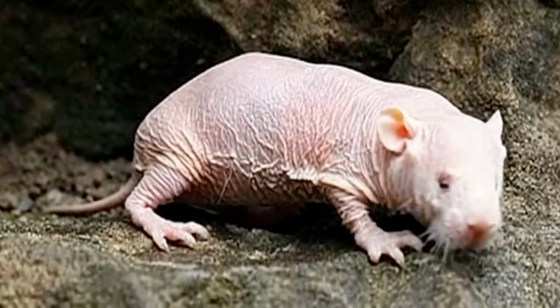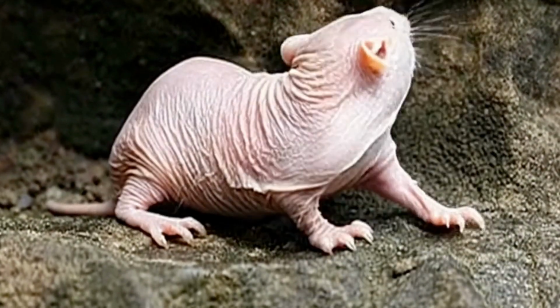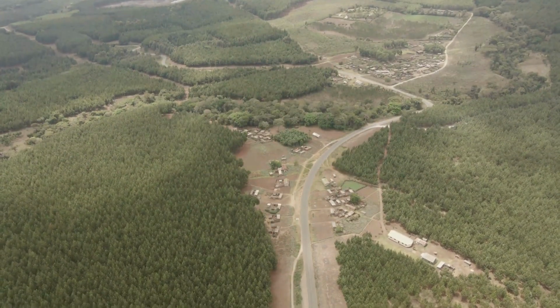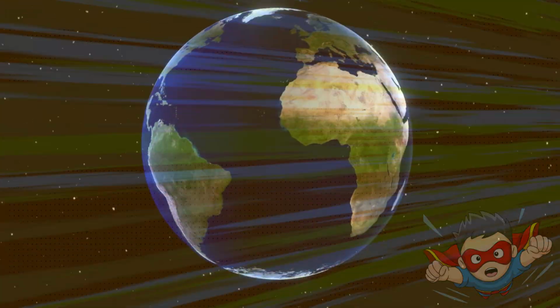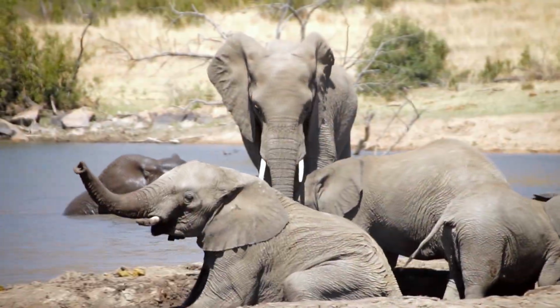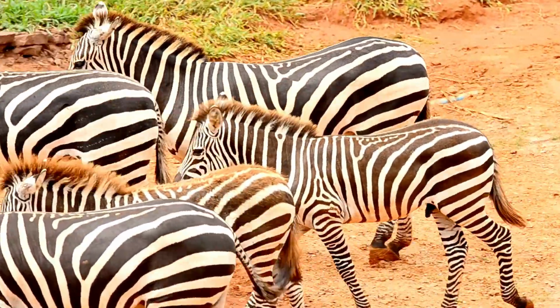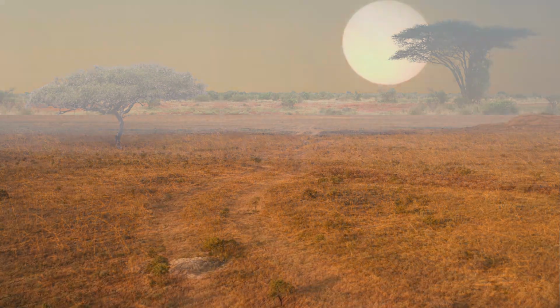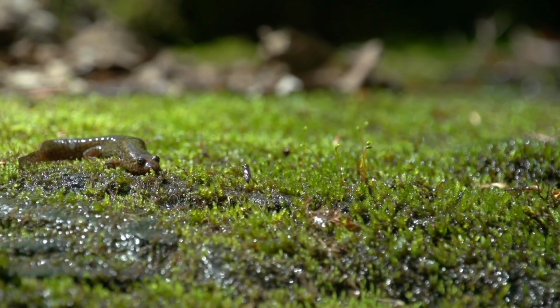Did you know there's an African mouse that doesn't feel pain and has healing powers worthy of Wolverine? Buckle up, because the African savanna is hiding creatures that look like they were pulled straight out of a superhero comic. When we think of Africa, we think of lions, elephants, and zebras, the classic Lion King lineup. But the continent is such a brutal and diverse ecosystem that it's forced some animals to evolve in absolutely insane